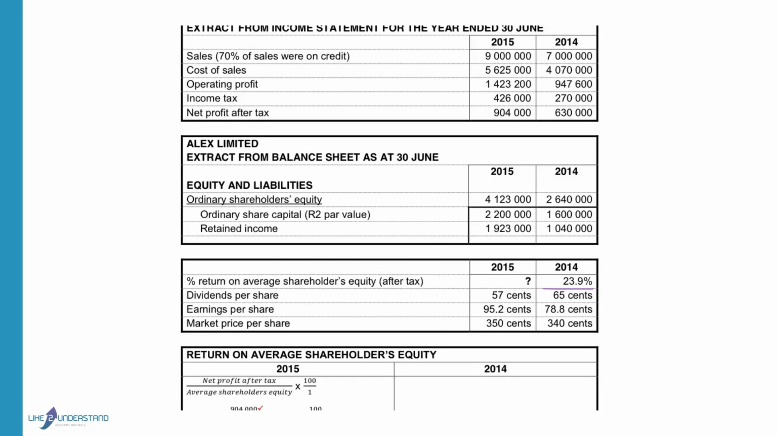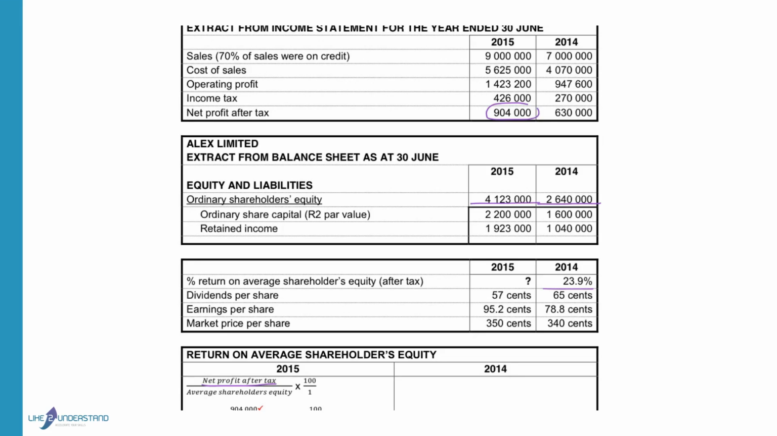To calculate the return on shareholders' equity, we need the profit after tax. So for 2015, the profit after tax was provided as 904,000. And then we have to calculate the average shareholders' equity, and the shareholders' equity for 2014 was 2640, and for 2015, 4123. That means that you have to take the total shareholders' equity, not only the capital that was provided by the shareholders, because the retained income is profit that actually belongs to the shareholders that was